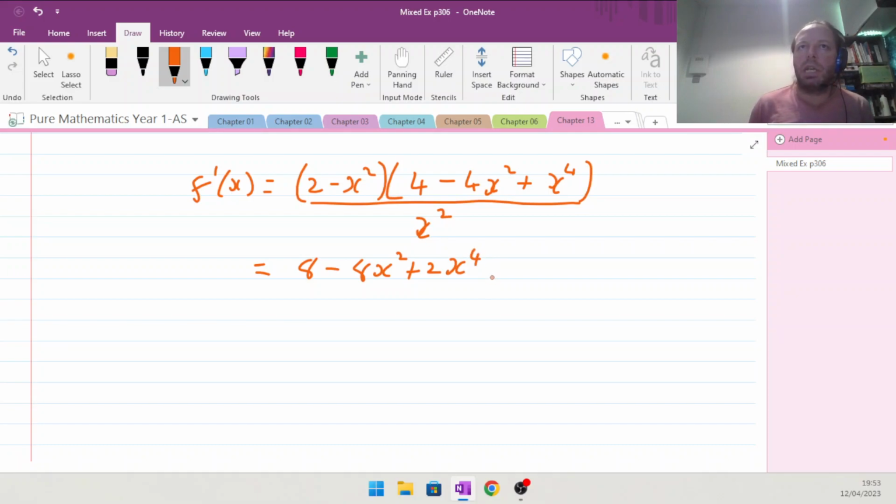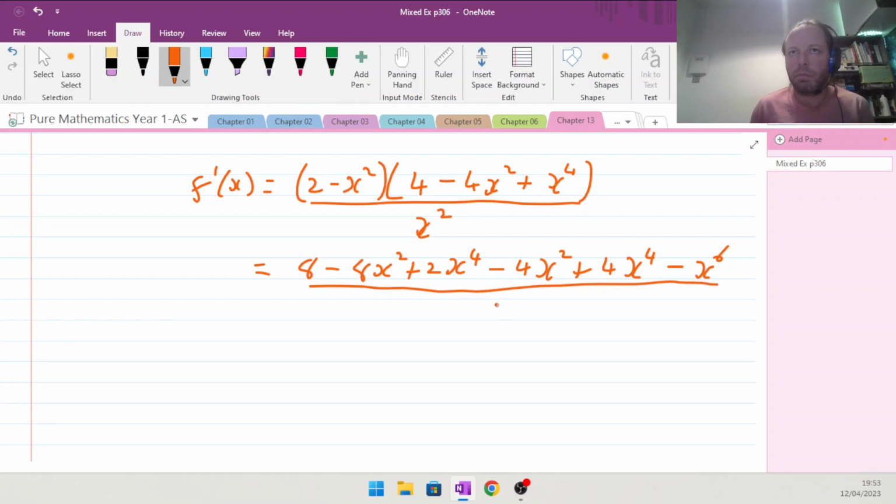Now multiplying it by minus x squared, so minus 4x squared plus 4x to the 4 minus x to the 6, all over x squared, which means we've got 8x squared minus 8 divided by x squared here on each term, plus 2x squared minus 4, plus 4x squared minus